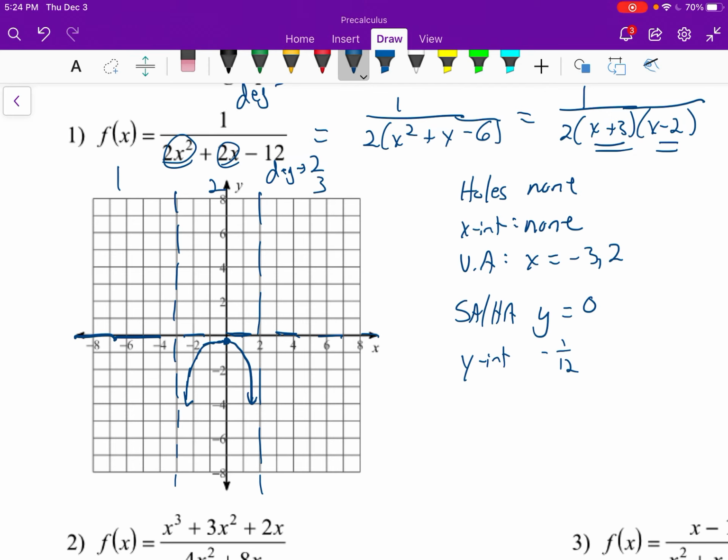And we know from asymptotes, these are both odd degree. So degree 1, which means if the graph goes down on one side of the asymptote, it must go up on the other. So since it's down here, it needs to be up on this side. Again, it doesn't cross the x-axis. And same idea on the other side. This has to be up. And so there's a sketch of our graph. If we wanted some more accurate points, we could choose points and plug them in. So that's number